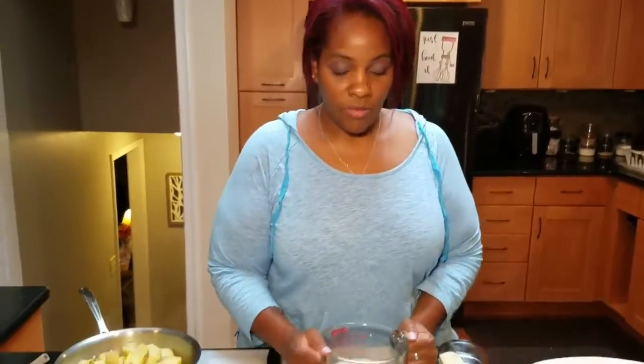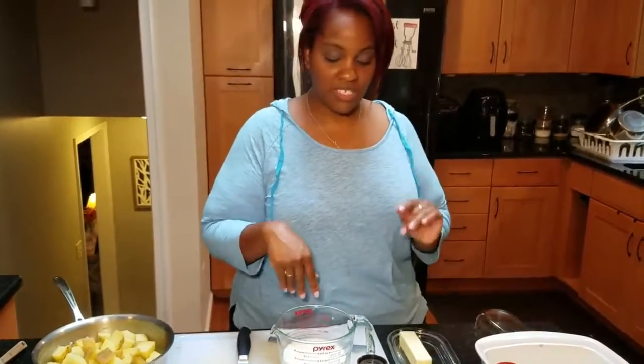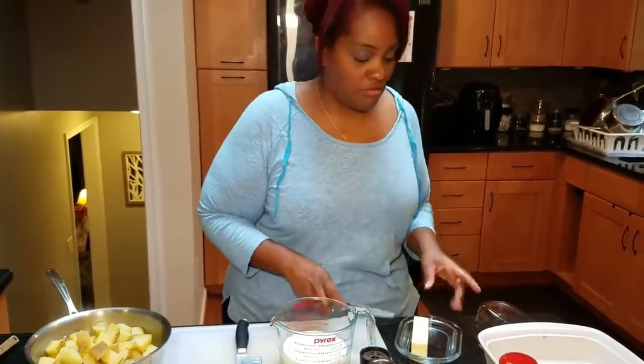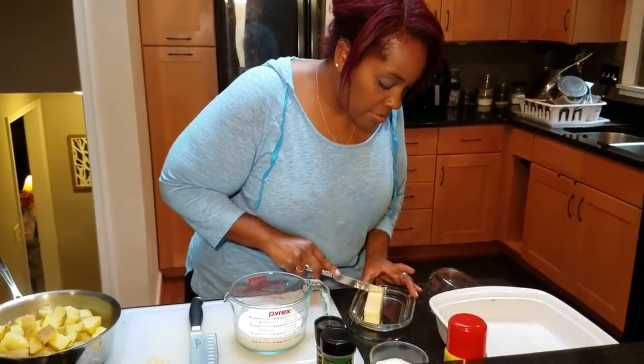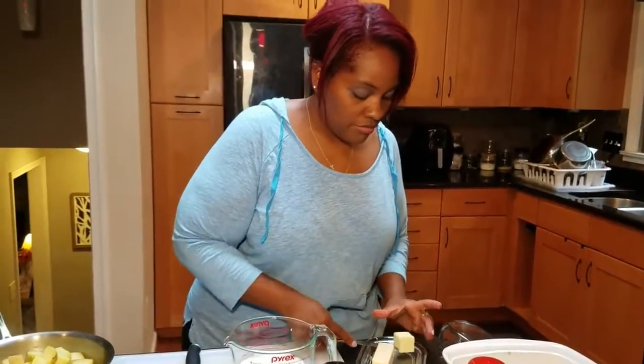Cake time, guys. So I have about 1.5 cups of milk here. Any milk that you have is fine. I actually have kind of a mix of whole and fat-free, so that's what I'm using. And then we're gonna add about a couple of tablespoons of butter